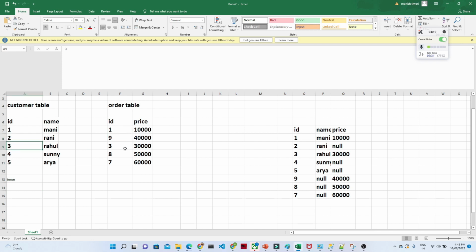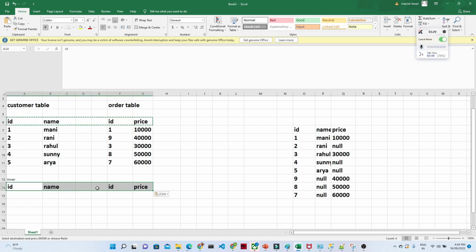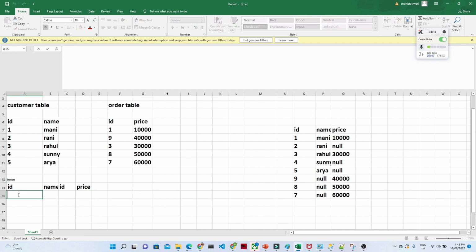ID 3 is also present here. Means only ID 1 and ID 3 are present in both the tables. Right? Okay. So when we do an inner join, you will get to see this kind of records. Means ID 1 and ID 3,